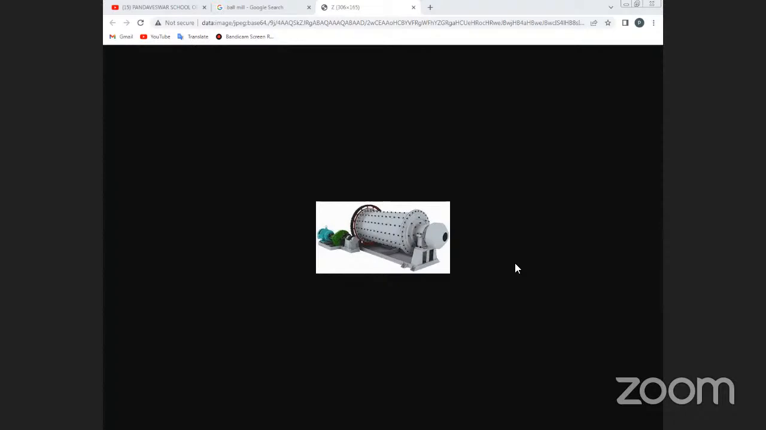Soft and sticky material cannot be ground. It is a noisy machine and consumes much more energy. If we talk about the applications, ball mills are used to reduce the size or for milling of hard materials